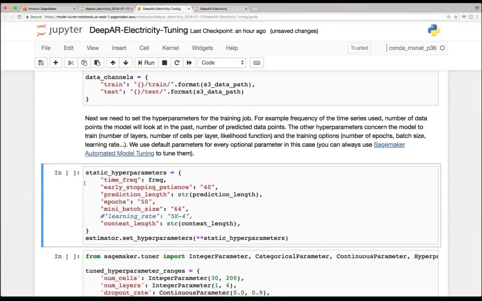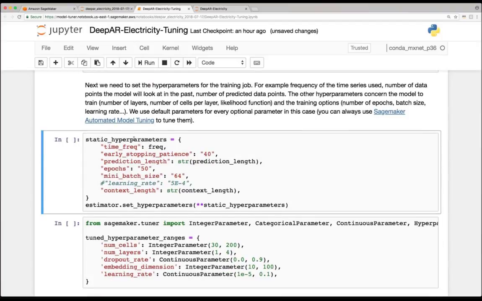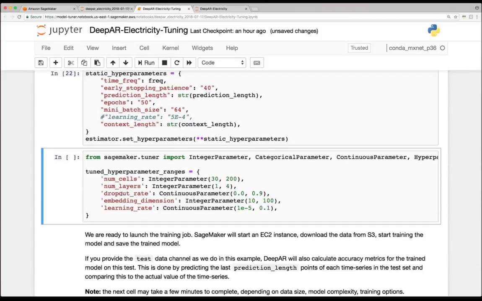Now, here's where I started changing it. Everything there is exactly the same from the original example, but here is where we set the hyperparameters. And I've renamed these to static hyperparameters because these are the hyperparameters we're not tuning. And so things like the time frequency and the week of prediction and context length and the number of epochs, we're all going to leave all those fixed. And the learning rate was set originally, but I've commented this out because I want to try tuning the learning rate. So we set these static hyperparameters into the estimator,